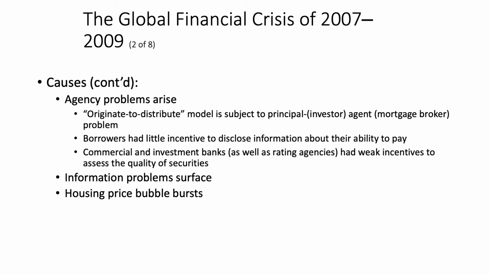Added to this explosion of lending was a new sort of agency problem that arose. And it arose when it became possible, through these mortgage-backed securities, to not only issue mortgages and create these debt obligations, but then rather than holding the mortgage on your books, you would sell it off as a security to financial markets. So this creates a perversion, an important perversion in the way that the market worked.